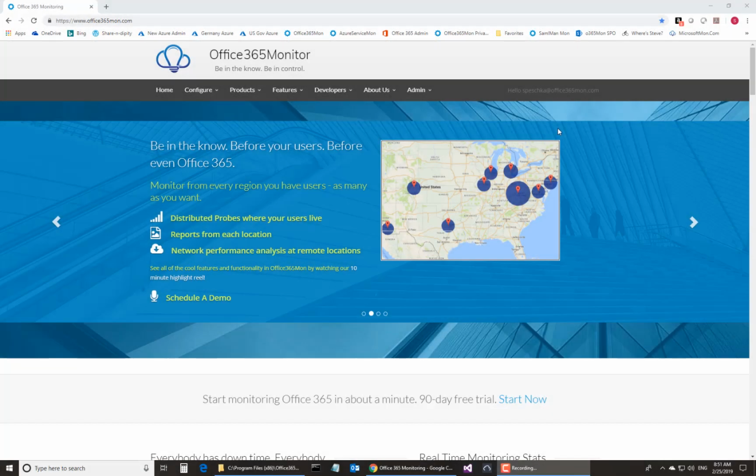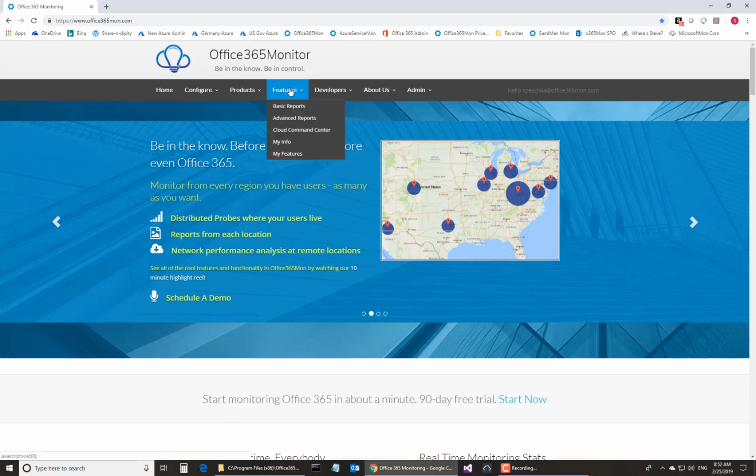Today we're going to be looking at the Distributed Probe and Diagnostics feature. The Distributed Probe and Diagnostics feature, also known as the agent, the Distributed Probe agent, works in conjunction with our cloud-based probes to enable you to issue health probes from the different locations across your organization where you have users located. Just to give you a little sneak peek of what you get with that, we'll start here by